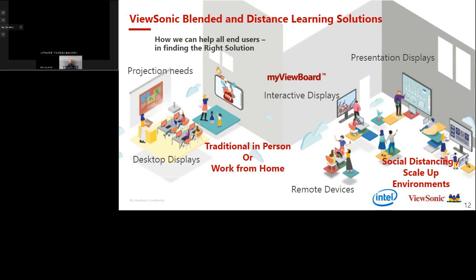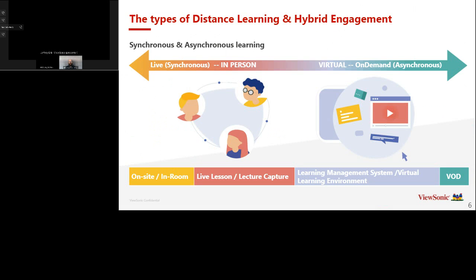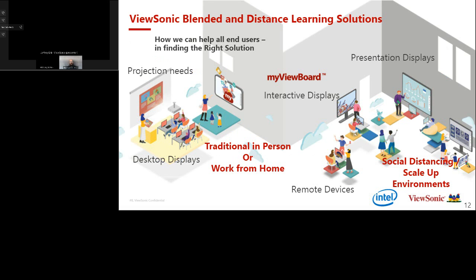So with that, I'd like to introduce Nick as well, who covers Pennsylvania, West Virginia. And Nick, if I'm not mistaken, you cover several other states as well in the Northeast. One thing I'd like to bring Nick on for is to talk about how we can directly help you now in 2020. It's weird that the slide keeps moving back, so I'm just going to move it forward to where I need it, to slide 8. Nick, if you want to jump on and talk a little bit about what you're seeing from the end users in the K through 20 market, and how ViewSonic is helping out with Q1 and what's coming out for us.